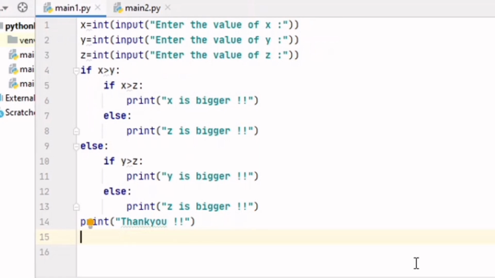Remember one thing, this is the base of the programming. We are starting with the base of any programming language, and this if statement is very important. So till then, keep practicing, keep learning